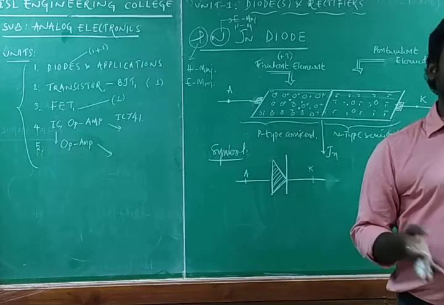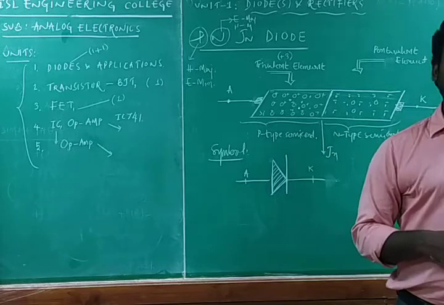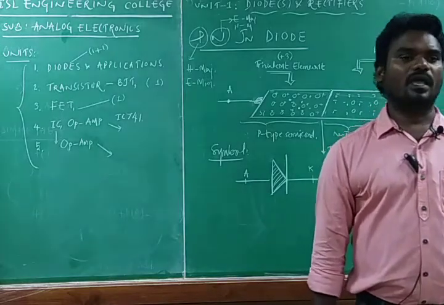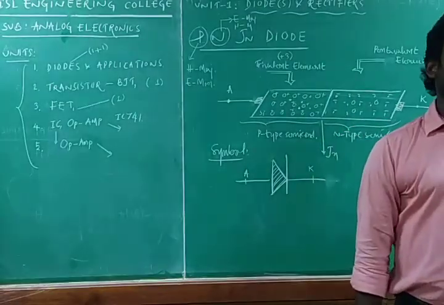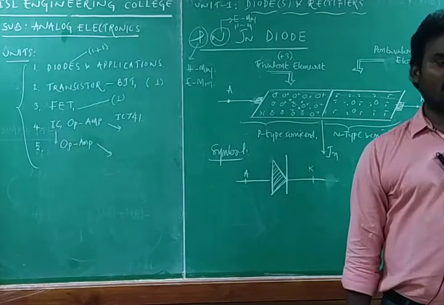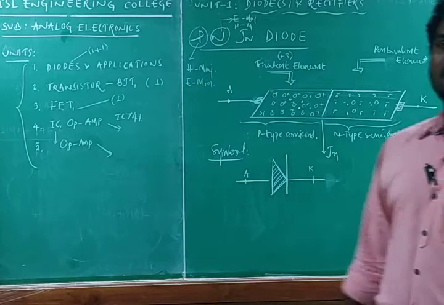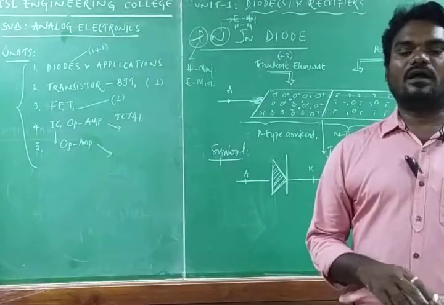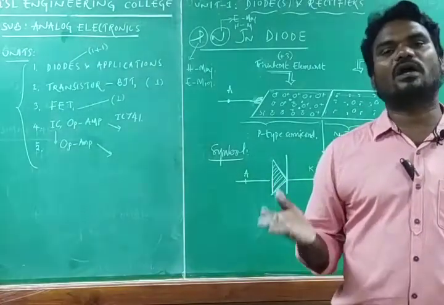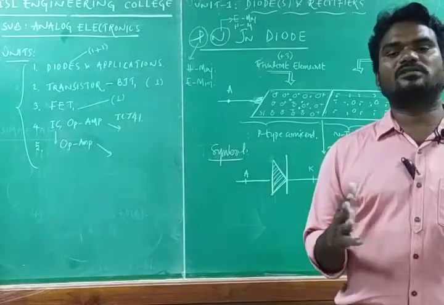In some books it may be 0.7 volts for the silicon PN junction diode and 0.2 volts for the germanium PN junction diode. In the next class I am going to talk about the formation of the depletion layer, and after that we are going to discuss the VI characteristics of the PN junction diode in detail. From the characteristics of the PN junction diode, we can describe that it conducts the current in one particular direction, and in the other direction there is no current.